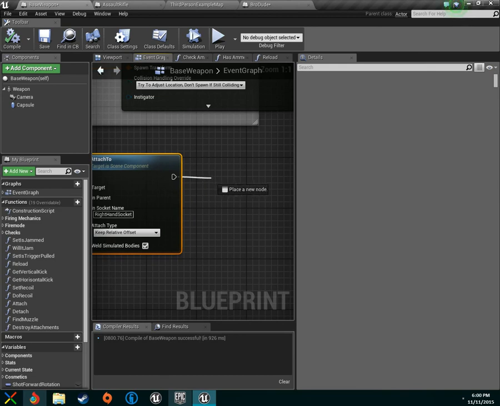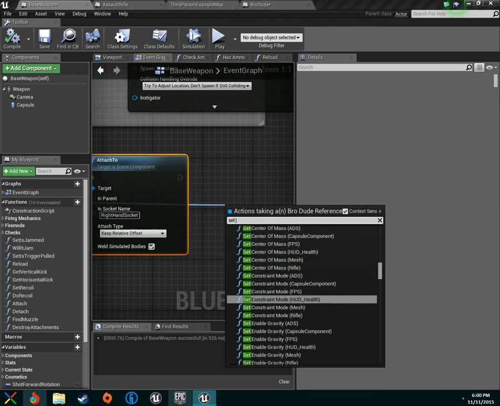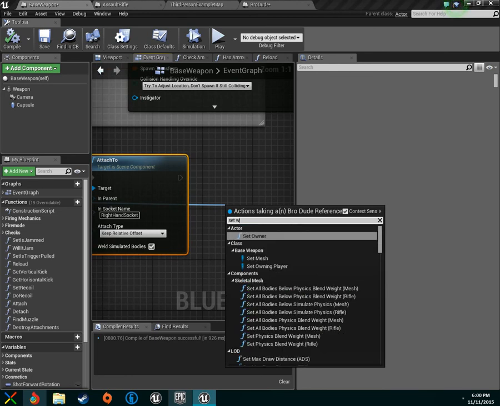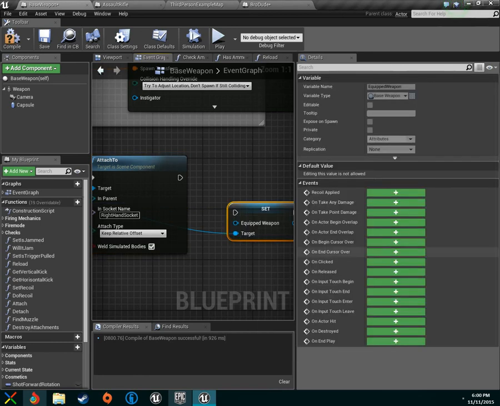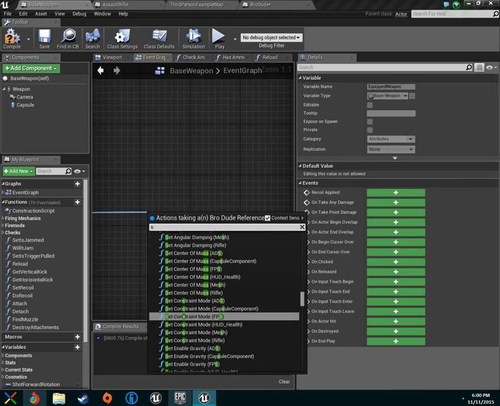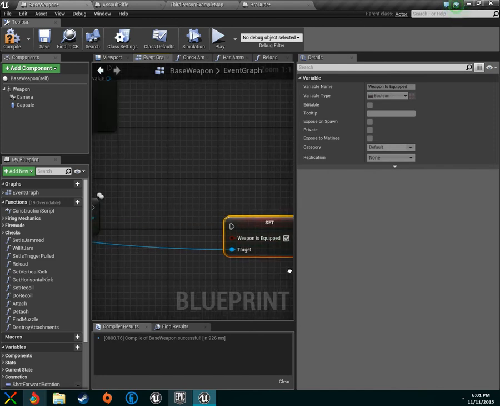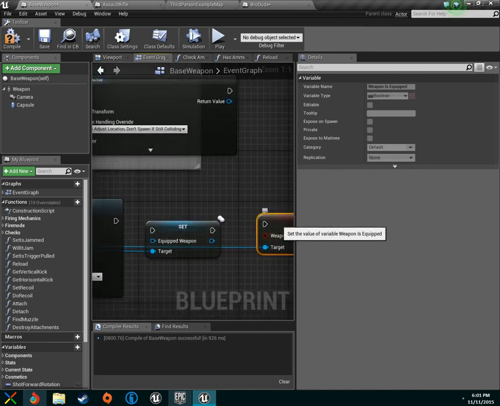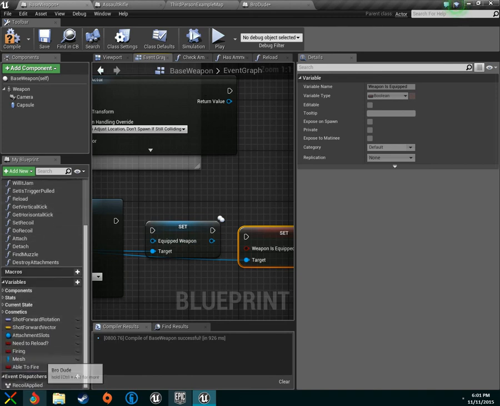Okay, and then we're going to set equipped weapon and set is weapon equipped to true. Then we are going to set equipped weapon to